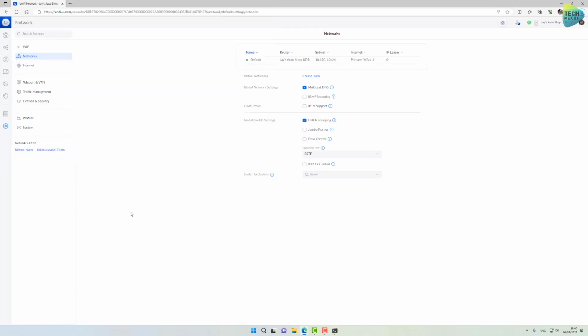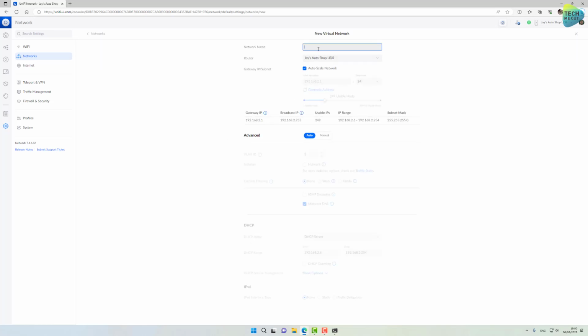10.170.1.123. Great. Continuing on to networks, we are going to create a new network. On virtual networks, click on create new, and I'm going to name this network workstations. I don't want to auto scale the network. This will be